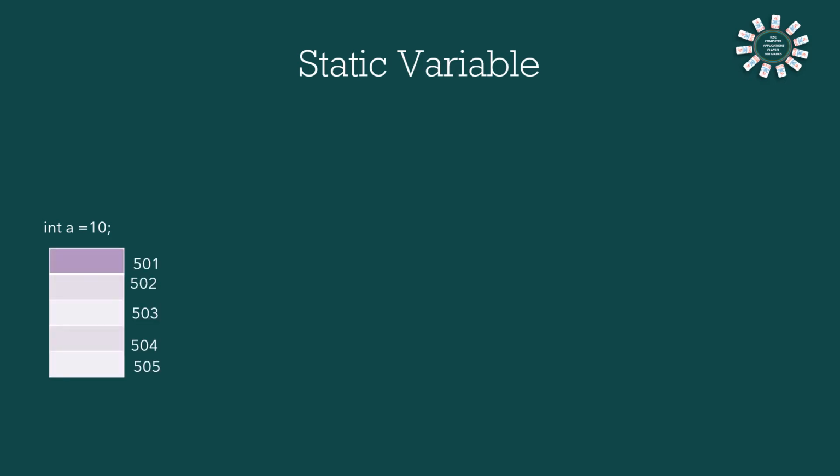Now we can discuss static variable first. Suppose there is a class ABC and we are declaring one variable int a = 10. As soon as you compile the program, memory space will be allotted to store the value. The memory spaces are numbered and unique, and we can take an example of this memory space. So a can be stored in any of the memory spaces. And just consider we are creating one object, ABC ob = new ABC. As soon as you create the object, one copy of the variable a will be allotted to object ob. Here we can take ob.a = 100. We can store any value.